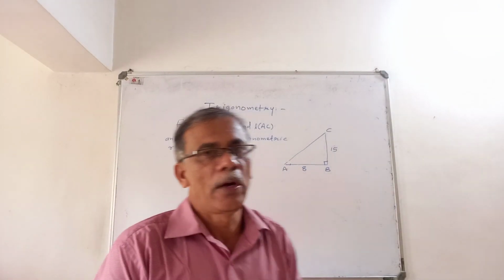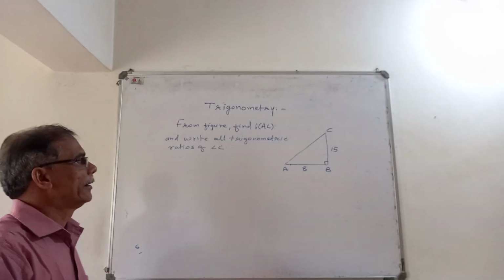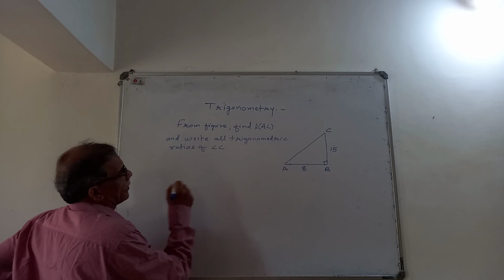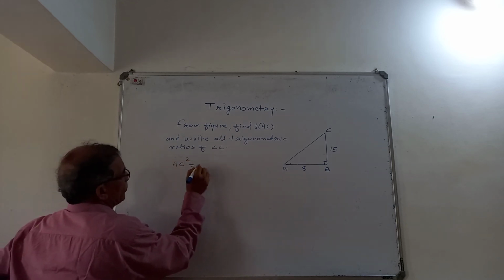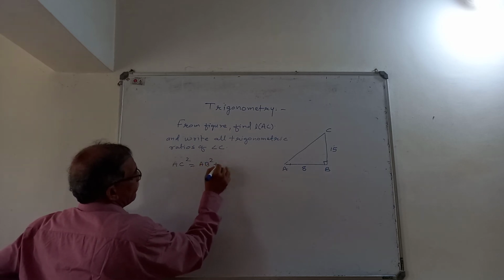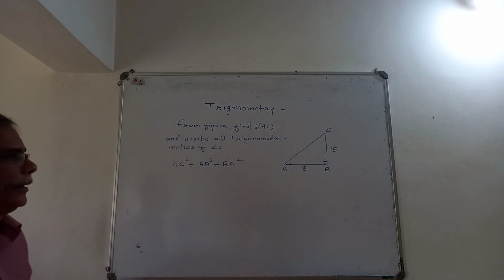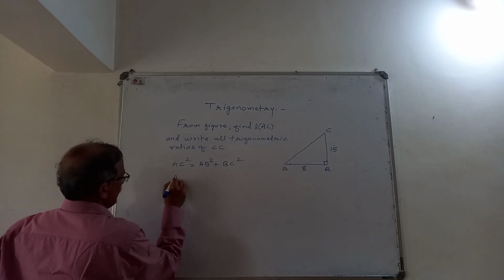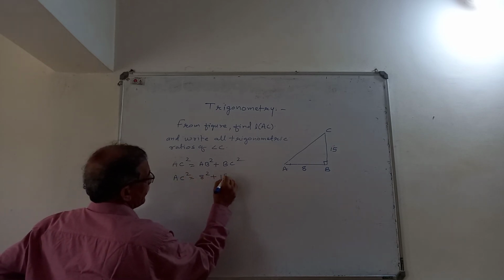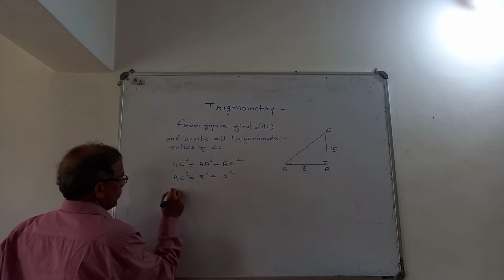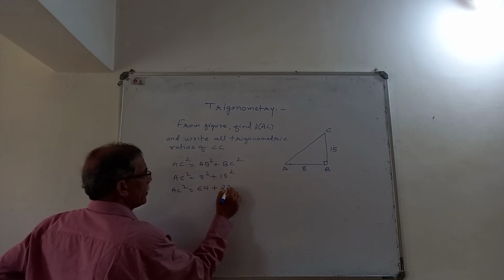You know that. So I shall first write Pythagoras theorem to find which side? To find AC. Now what do you write? Tell me. Hypotenuse square equals the sum of squares of the other two sides. So AC square is equal to AB square plus BC square. We can write that from this figure, isn't it? Now AC square is equal to AB square means 8 square plus 15 square. So AC square is 64 plus 15 square, how much?